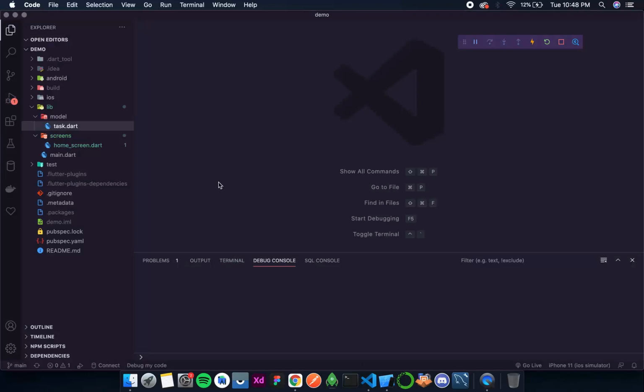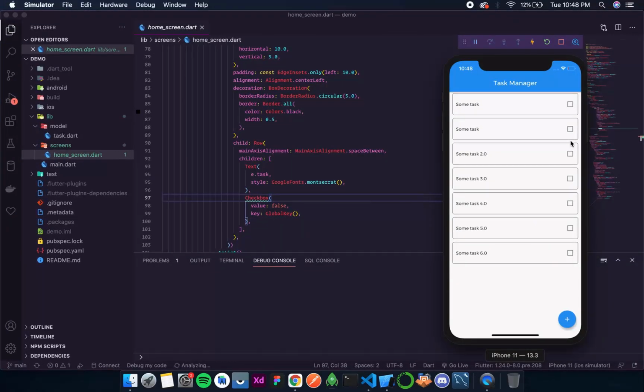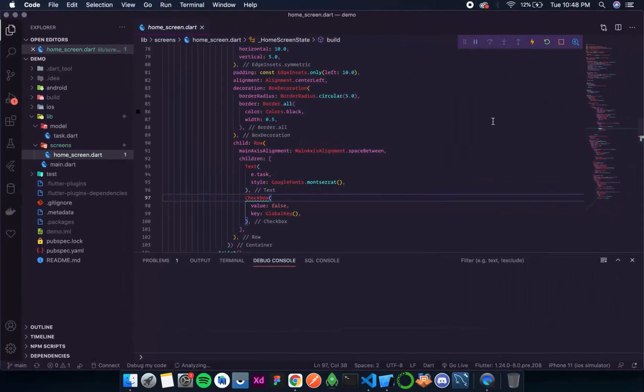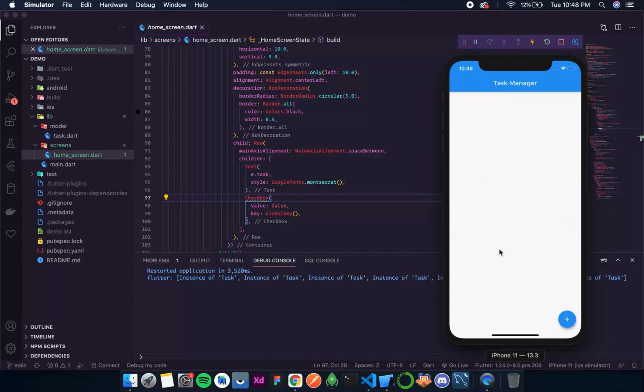So without further delay, let's get into it. Up until the last video we were able to save the tasks and also display them. Now let's proceed. While I was starting this project, I saw an error: when we first start this project the tasks don't appear. They tend to disappear.